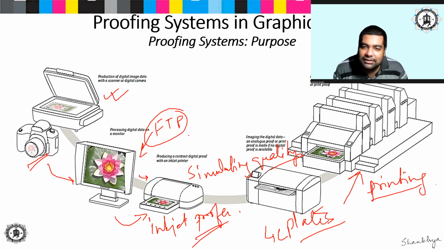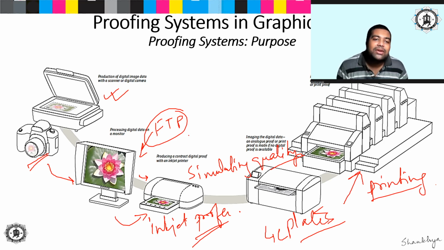For this to understand, we need to understand color, colorimetry, color management, and a whole lot of other things. So that we will not be answering in this class, because these are subjects in themselves. This will be dealt with in the next semester, in your, I think, fourth semester, and we'll be dealing with the rest when we discuss in our elective classes. There we will be talking about how to maintain similarities and how to calibrate, characterize, profile, all this. These things we'll be discussing then. So at this stage we'll just